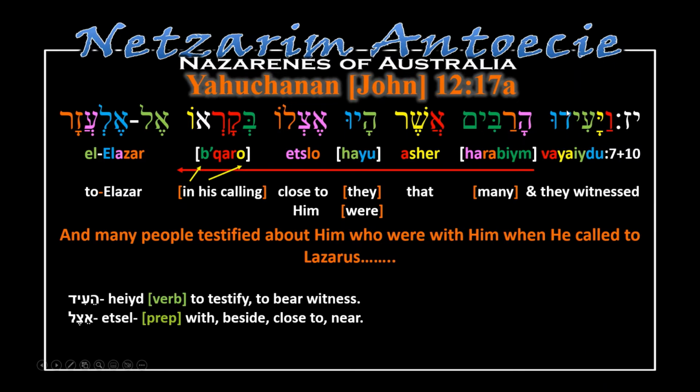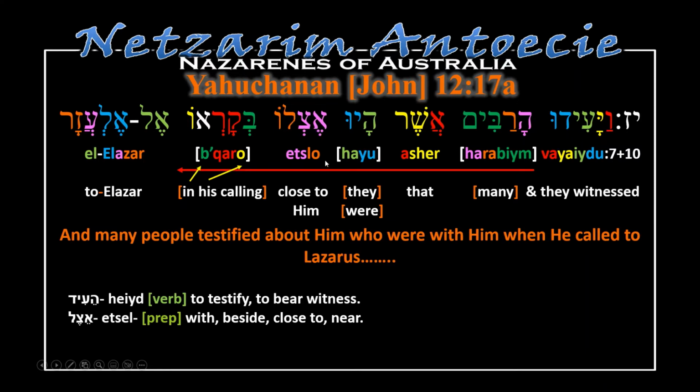Now, id is the root word there. Id means to witness, to testify, right? So, and they witnessed, because the vav is they. And they witnessed with the prefixes being the vav and the yod to give us a completed action. And they witnessed ha-rabim, meaning many, asher, that, hayu, they were,